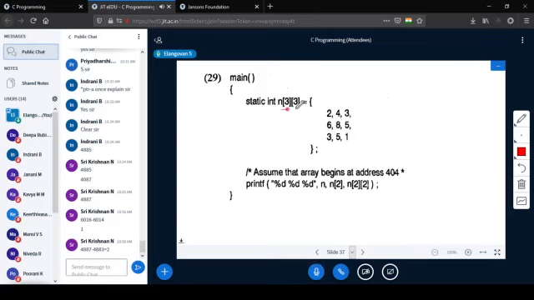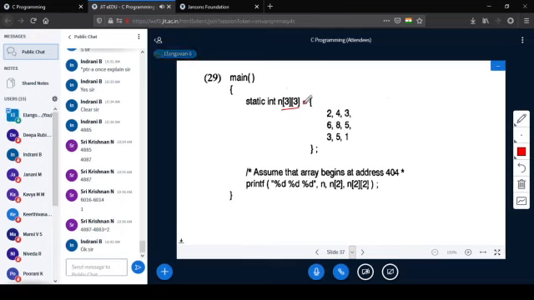Let me clarify it. n of 3 by 3. So it is a two-dimensional array. We are coming to two-dimensional arrays. So it can be initialized like this. Tomorrow surely we will discuss this 27 and 28. Okay. So n of 3 by 3 is 2, 4, 3, 6, 8, 5, 3, 5, 1. That is 3 rows and 3 columns. So it has to be done like this.